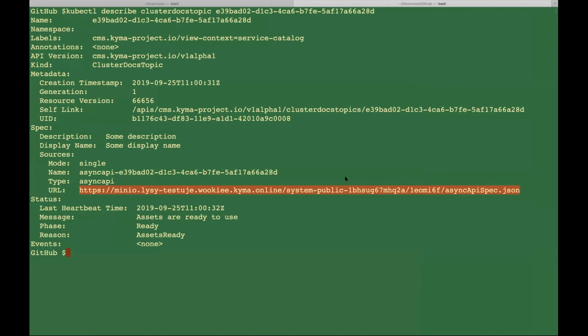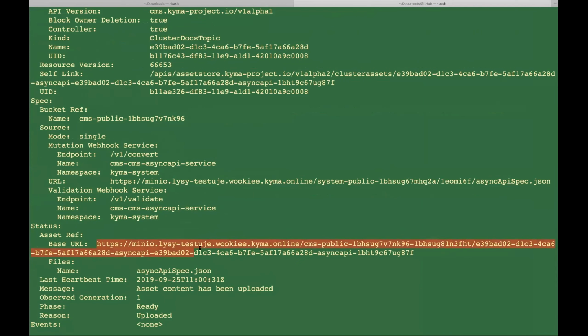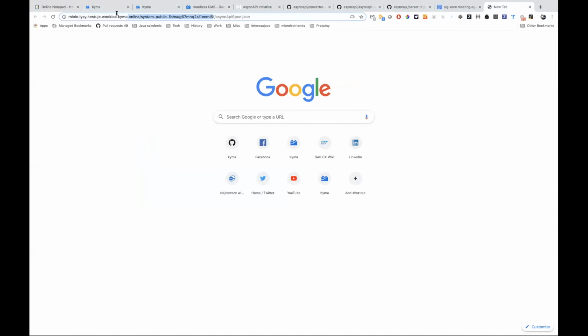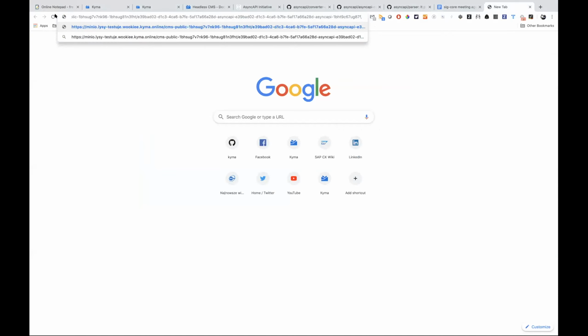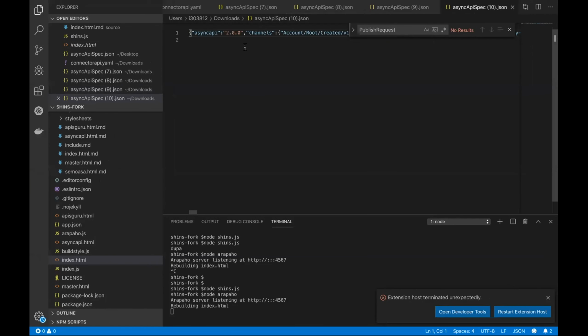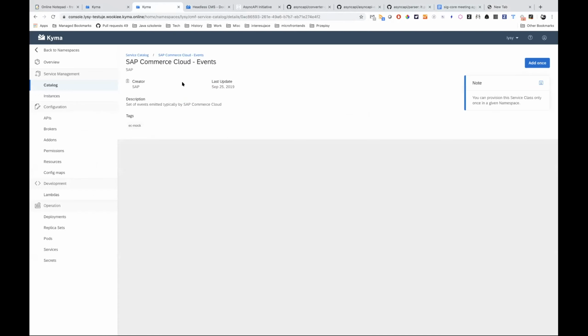And now let me check the details of the asset that was registered. All is good. And the spec that at the end is registered and will be used inside Kyma for various different functionalities, that's AsyncAPI 2.0. And when I go to the UI,